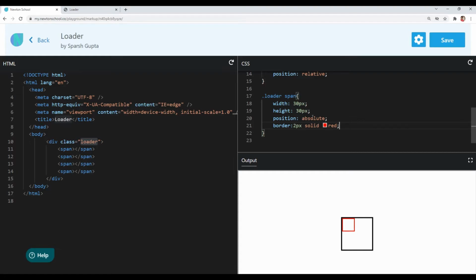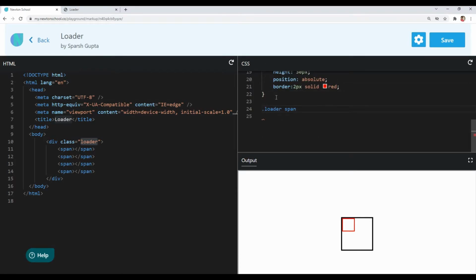So I will target the very first child. Let me copy and paste it here. You can use nth-child(1) to target the first span child under the loader element, or you can also use the first-child pseudo class. The first-child pseudo class will target the first span child inside the loader element. What we want here is to give it a background color. The background color is #F08A5D, and we will not position it, since it is in the correct position by default.